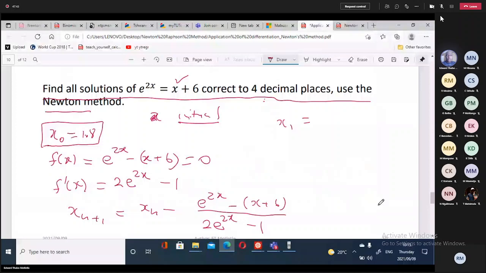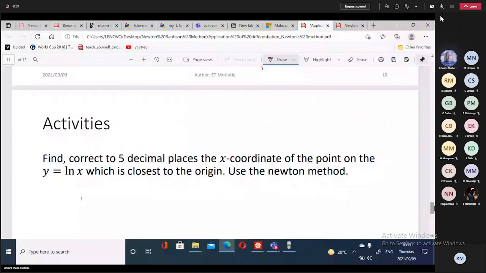Find correct to 5 decimal places the x coordinate of the point on the axis. So here the solution. Okay, I remember this problem. They say use Newton. So let's try to think about it. 5 decimal places the x coordinate of the point on the y equals the element which is the closest to